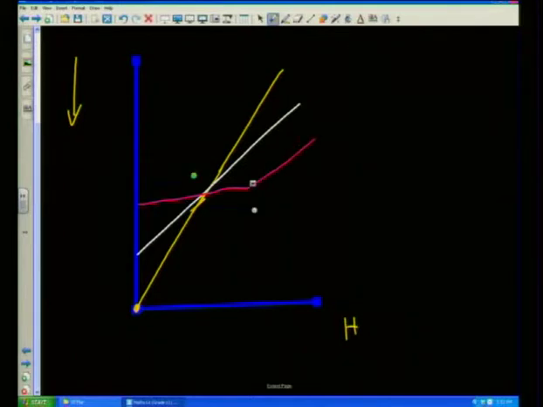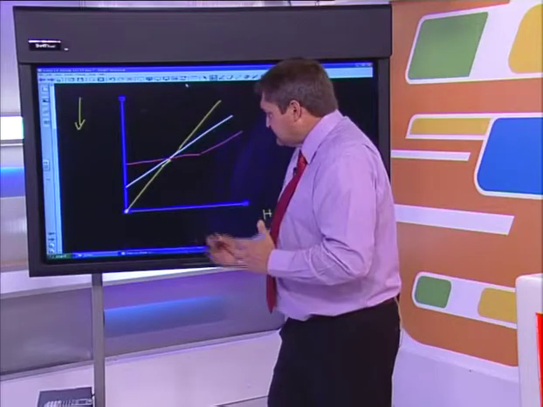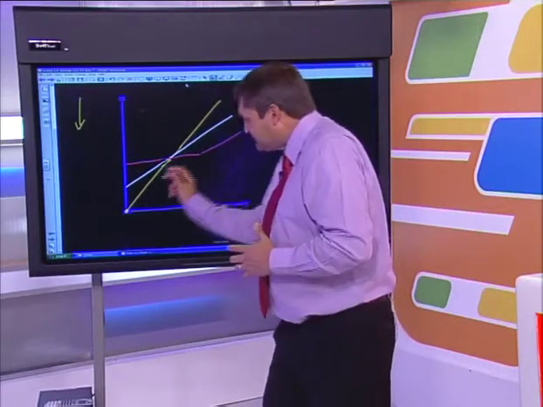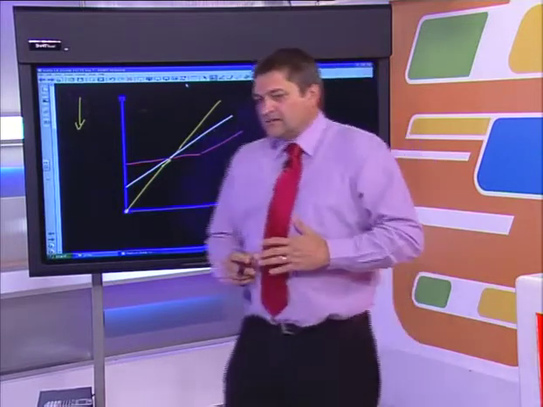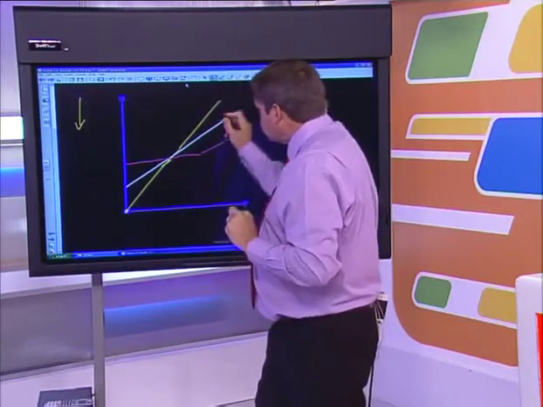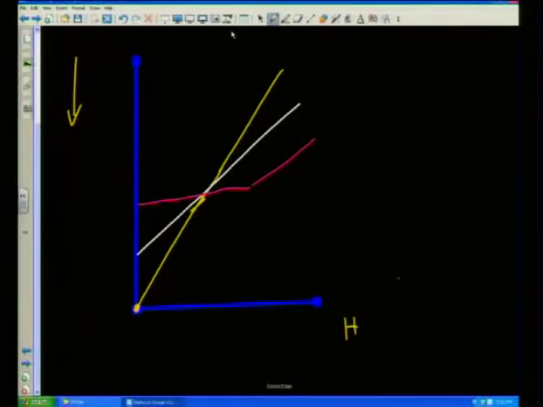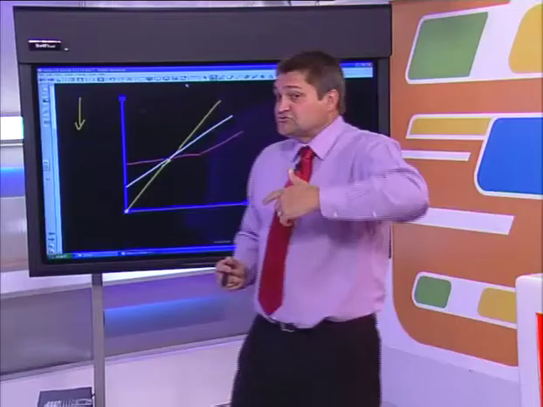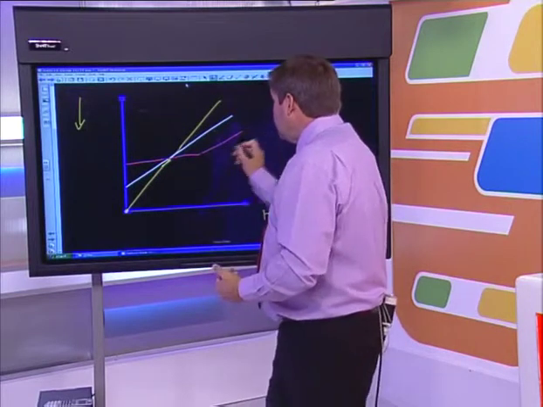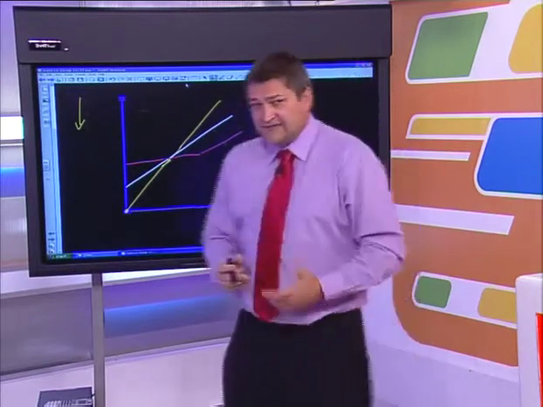Okay, now there's 2 things I want you to take note of. Firstly, take note where every graph starts. Second thing, take note of the steepness of every graph. The steeper the graph, the more you're paying for every single minute that you're talking. Now, option 1, we paid 3 Rand a minute. Look how steep the graph is in comparison to option 2, which we paid 2 Rand a minute, in comparison to option 3, for which we only paid 1 Rand a minute. Can you see that? Okay?